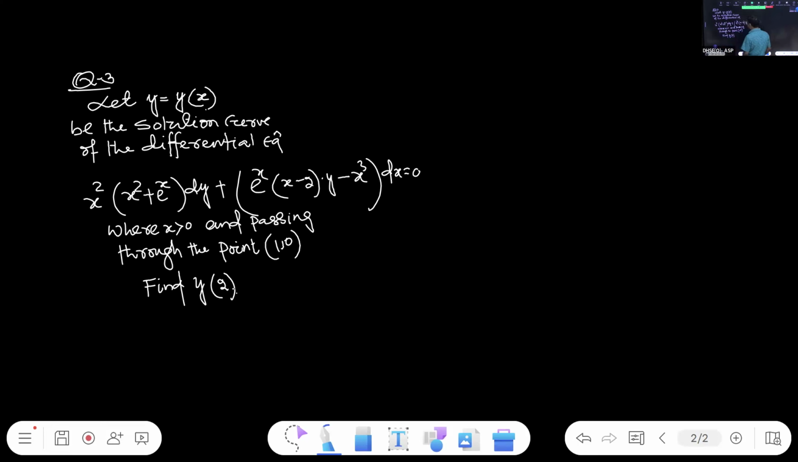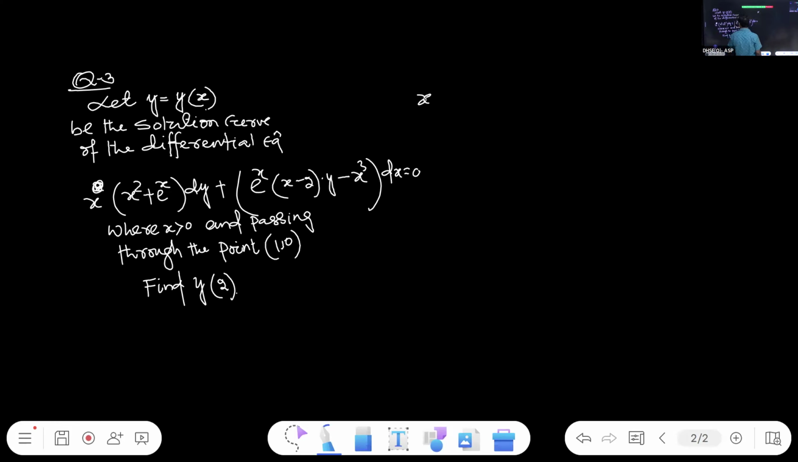Square. Sorry, this is not x square. This is x into (x square plus e raised to the power x) into dy upon dx, plus e power x into (x minus 2) y, minus x cubed, right? So x into,